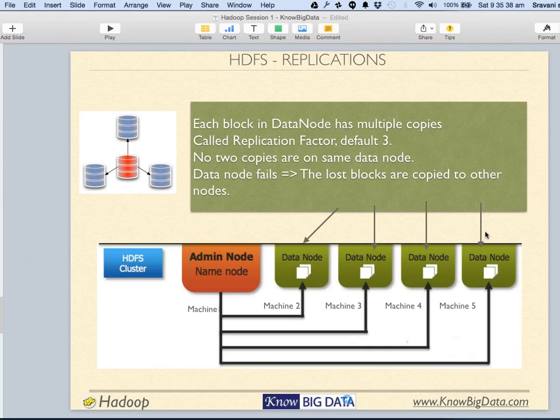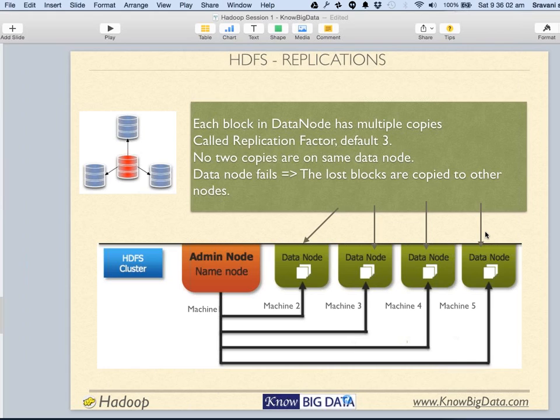So this replication factor of 3, meaning 3 copies of each block, serves a twofold purpose. First, it makes the data available on multiple machines, meaning multiple users can access the same data in parallel from different hard disks.